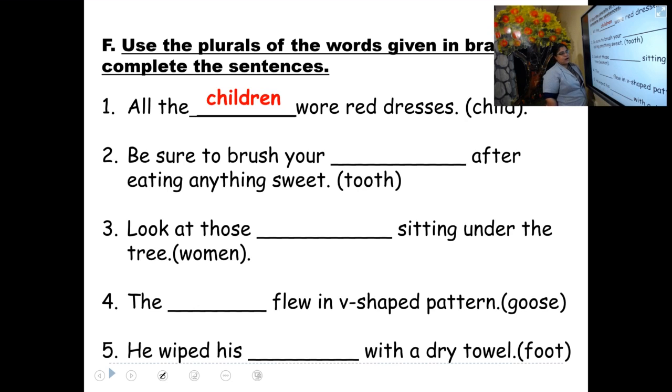Now look at the next one. Woman. So what's the answer? Yes, that also we have seen in the picture. What is the answer? Yes, woman. Then what's the spelling? W-O-M-A-N. Look at the sentence. Those women sitting under the tree. So what is the answer there? First it is teeth and then it is woman. Right? Spelling of woman is W-O-M-A-N. Right? Now, can we move to the fourth one?